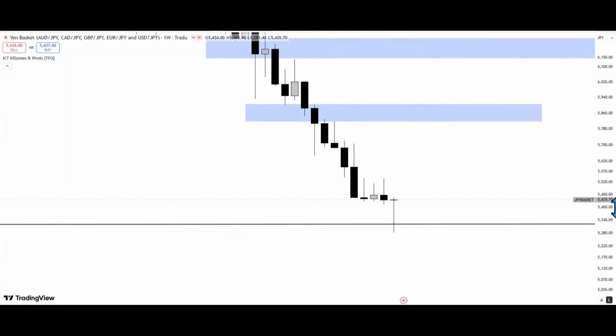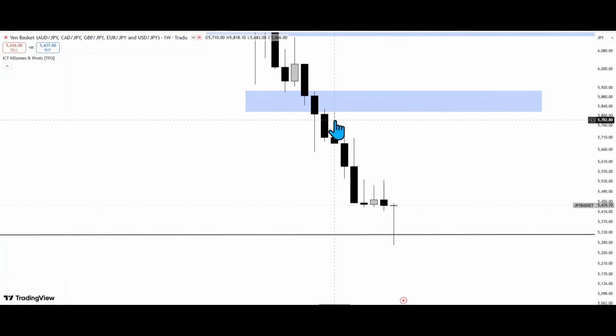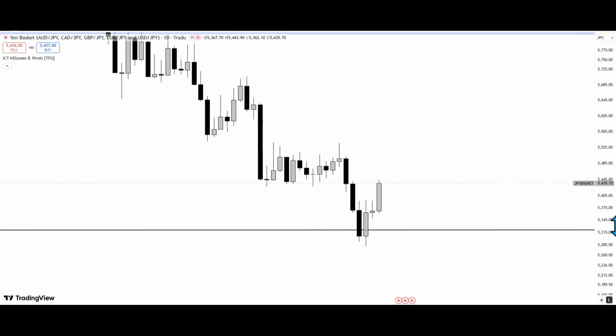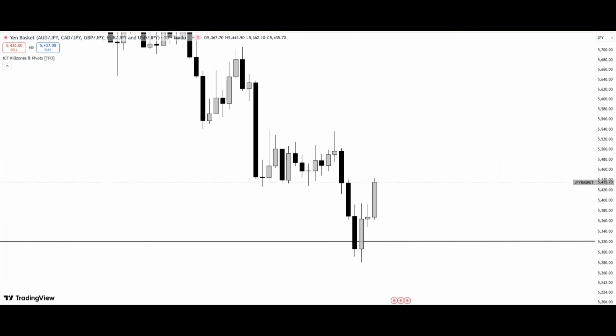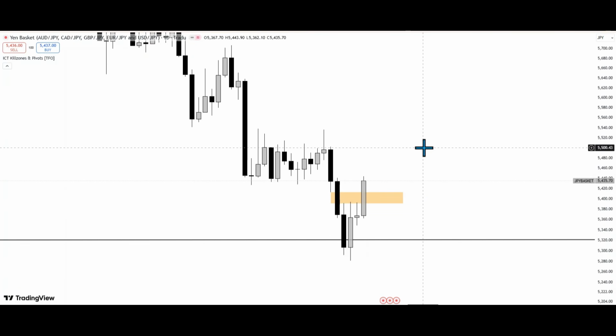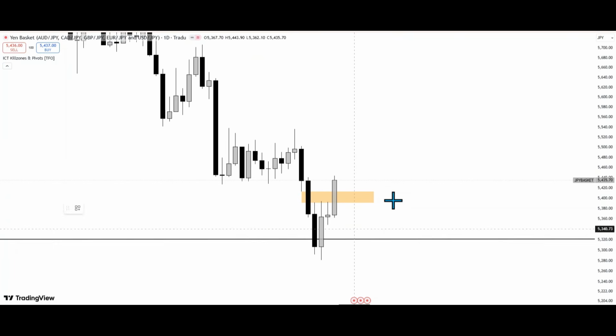I would want to see a retracement before we can say that we want to continue with the bearish move. And it's nice, I like the fact that price has already tagged this. So we've already taken a major liquidity, major low. So now us getting that retracement makes a lot of sense. If you look at the daily time frame, you can see we have already inverted this fair value gap here, which is good. This is what we want to see. This is a nice key level that the market can use to push price